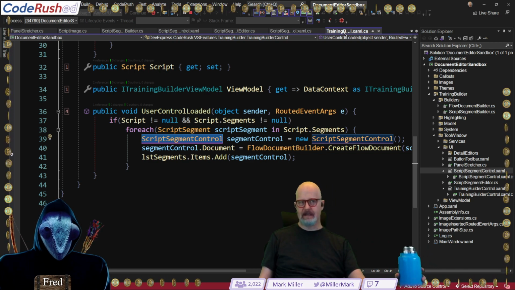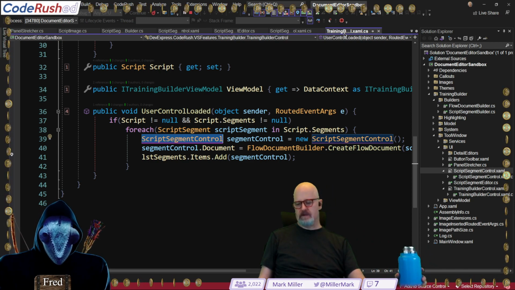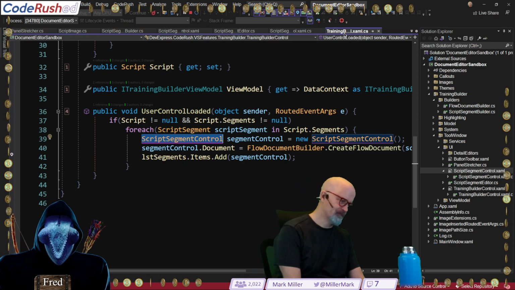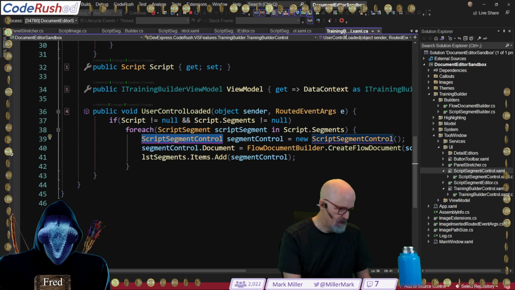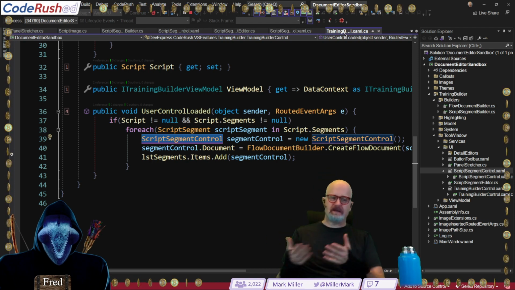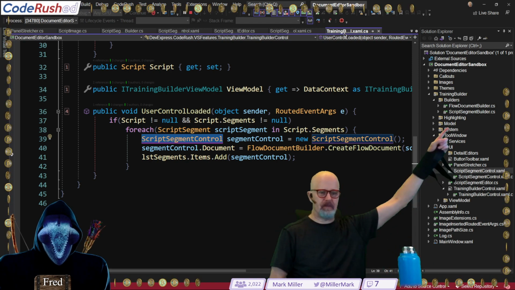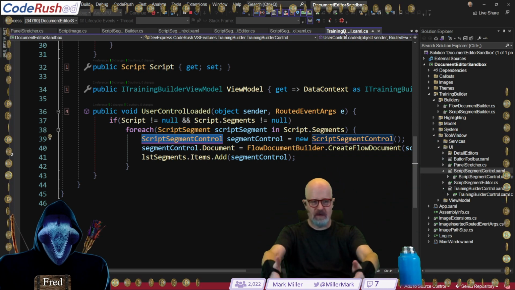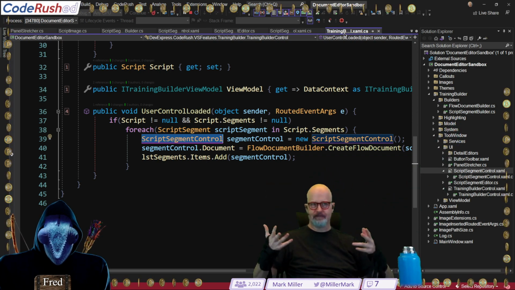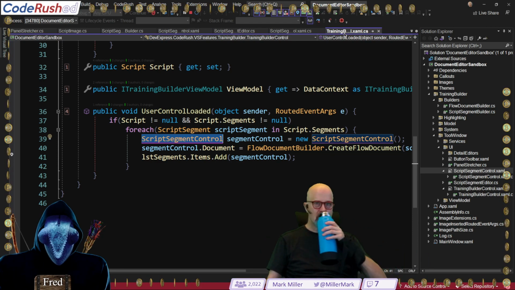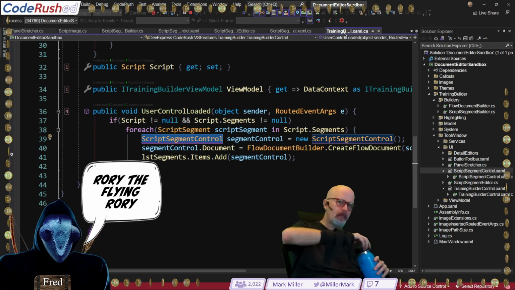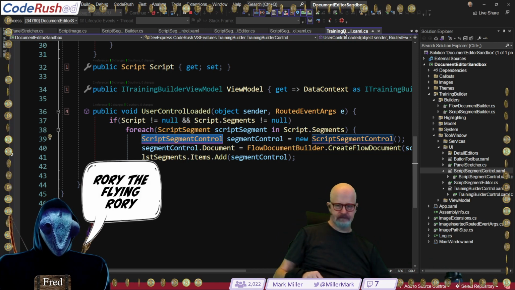One of them is that the WPF flow document doesn't support data binding. So what we had to do is create these two classes right up here: flow document builder and script segment builder, to turn a flow document into a script segment. So we've abstracted that model out to our own structure. We can affect that structure, but then we have to tell it all to rebuild based on that.